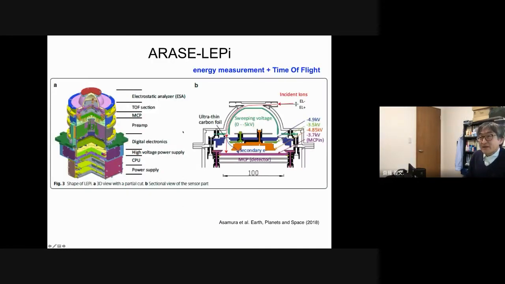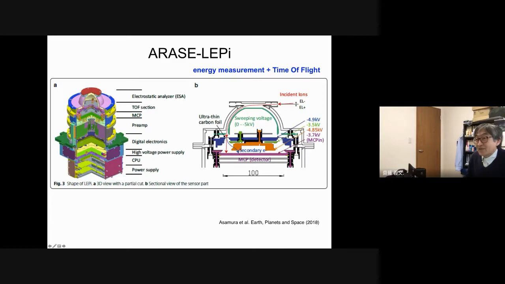This is an example of the mass spectrometer. This is also an instrument on the Arase spacecraft, and this is the LPI instrument. As you can see, it consists of an electrostatic analyzer, ESA, a time of flight section, MCP and preamplifier, and electronics circuit boards. Looking at the cross-section of this instrument, we can see a top hat type analyzer